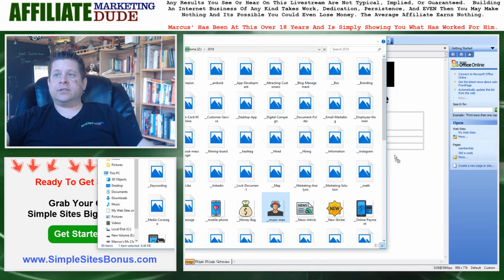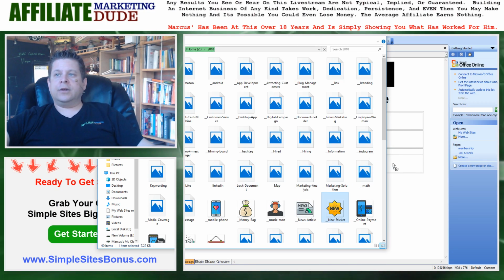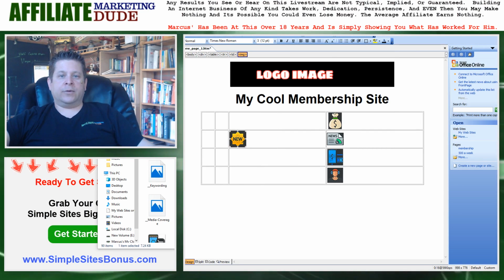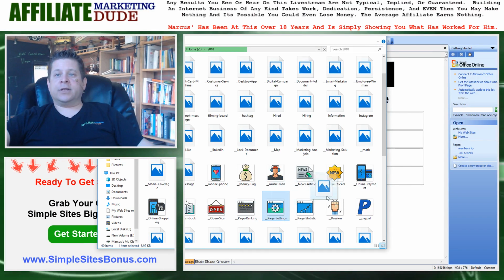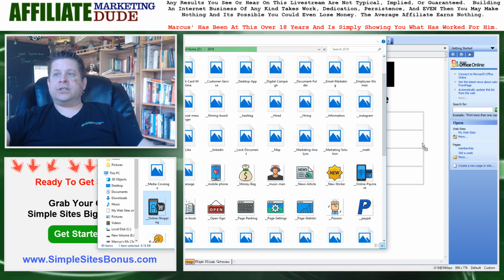Here's a cool icon for support. We can make an icon for news. We can make one for whatever's new. We can make one for maybe like how to do credit card payments or whatever. We could do one for budget spreadsheets. And let's see what else. So we could do this, and we could do like how to save money shopping. Okay, and this is all our budget things. This would be like our little budget